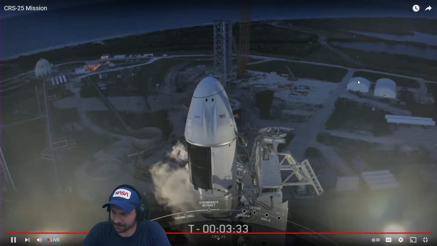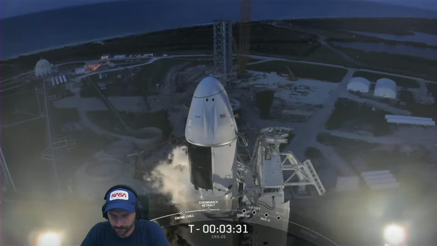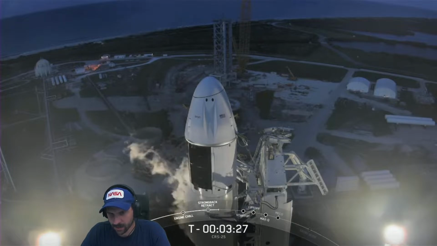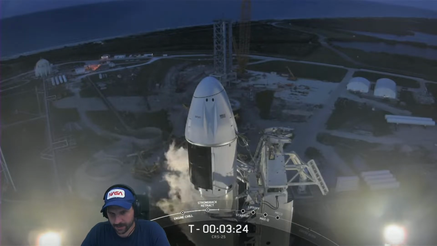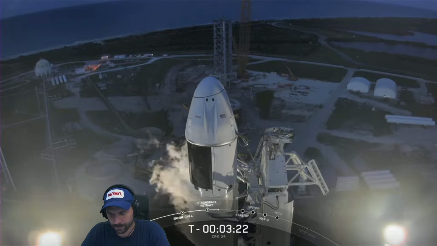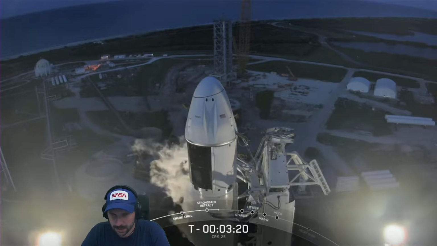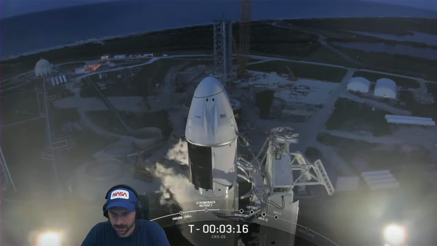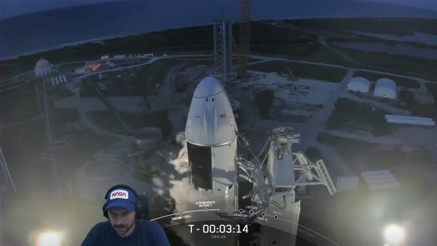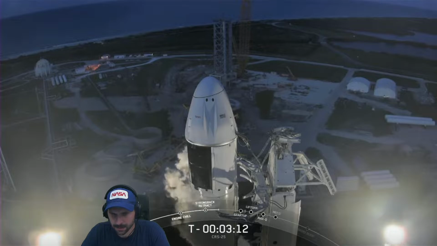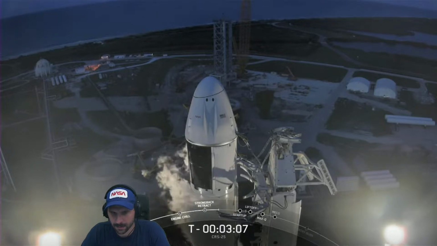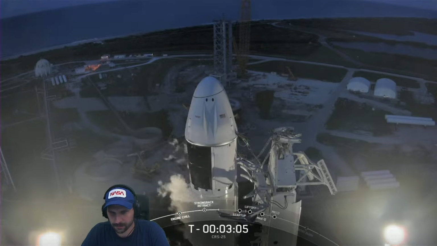There you can start to see motion of the transporter erector away. It'll recline a bit before it'll further move to 89 degrees off of ground level. Coming up in just about a minute, checkouts of the second stage thrust vector control actuators are underway. This is often referred to as the engine wiggle test. This is when SpaceX moves the thrust nozzles slightly to make sure that the guidance hardware is go for flight.